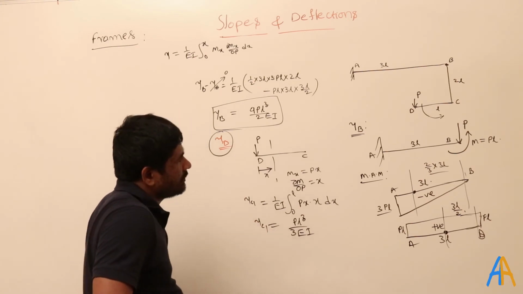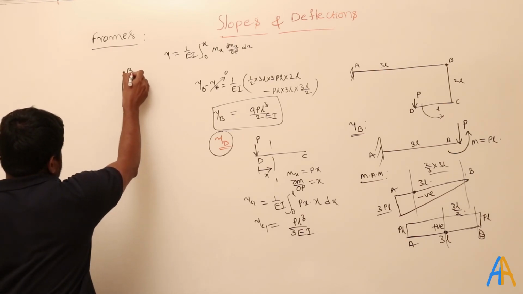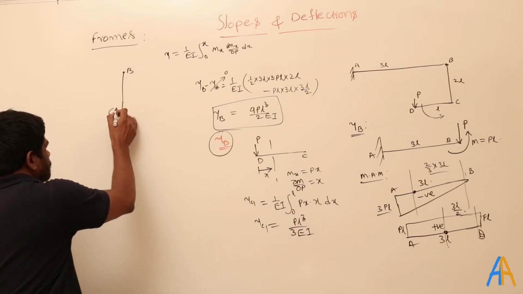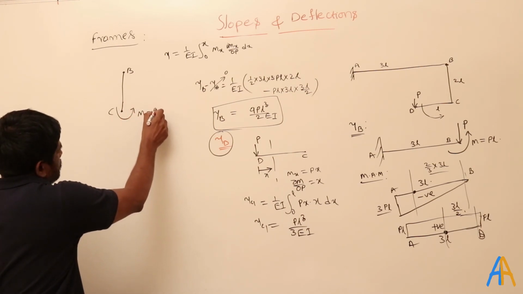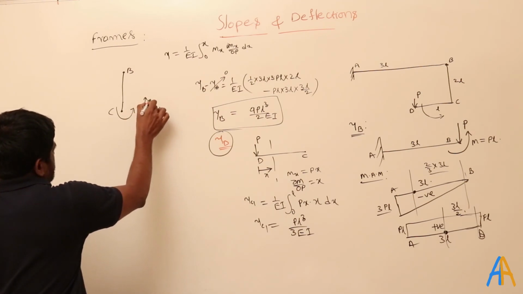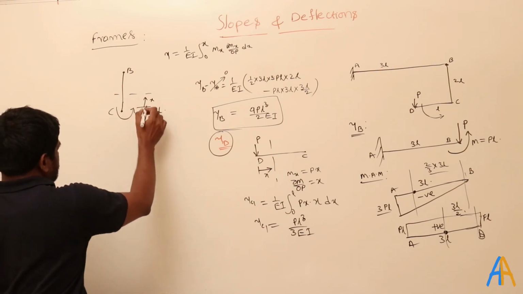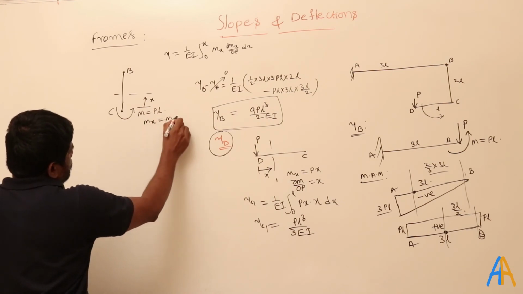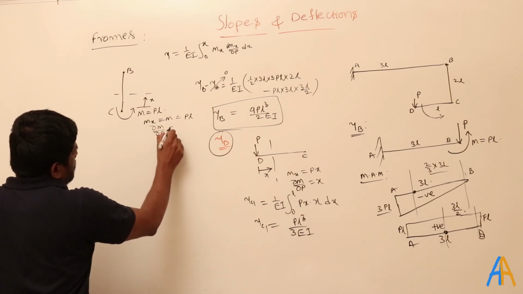And here if I take the CB section, this is the B and this is the C. On the CB section, what are the forces that are acting? The force that is acting is only moment, M equal to how much? P into L. If I take from this X, you don't need to worry about the forces at B. Then again here, what is the Mx here? Mx is nothing but M equal to P into L. So ∂M/∂P equal to L here.